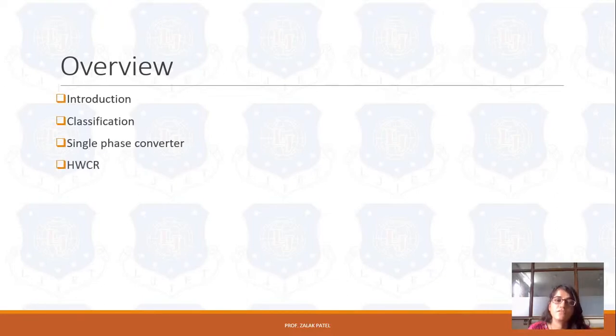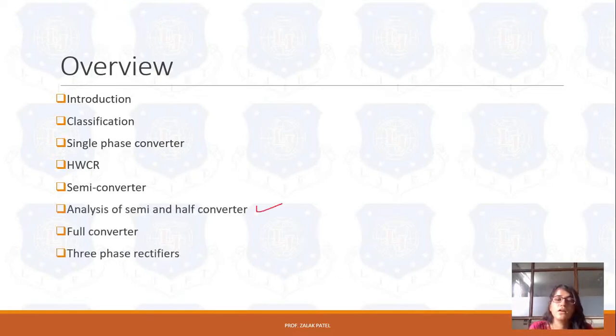So this is the end of chapter number 2. We have seen the introduction of the 3-phase converter, then the classification, single phase converter, half wave converter for 3-phase as well as single phase, then semi converters, analysis with mathematical values of harmonic factor or maybe the CDF or the other power factor, or numericals based on this topic can be asked in a 5 marks or 7 marks question. It can also be seen about the full converter as a 2-quadrant operation, then different 3-phase rectifiers, semi, full and half rectifier. So this is the end of unit number 2.